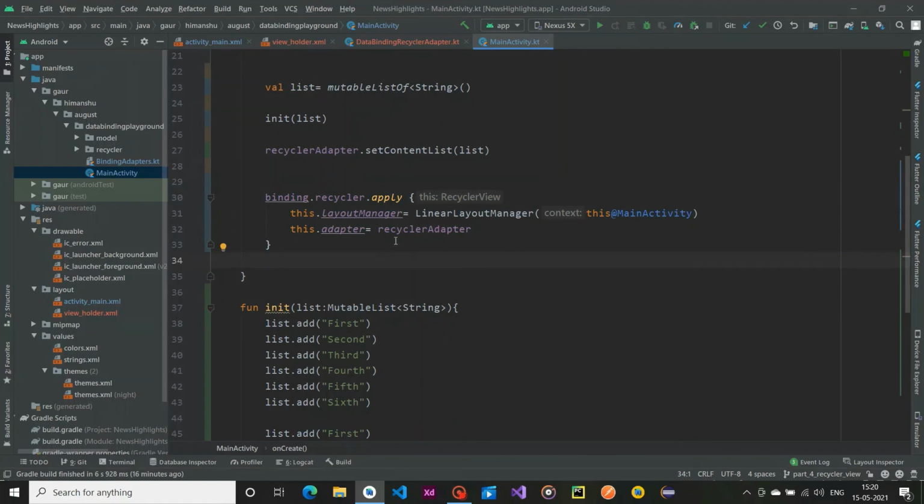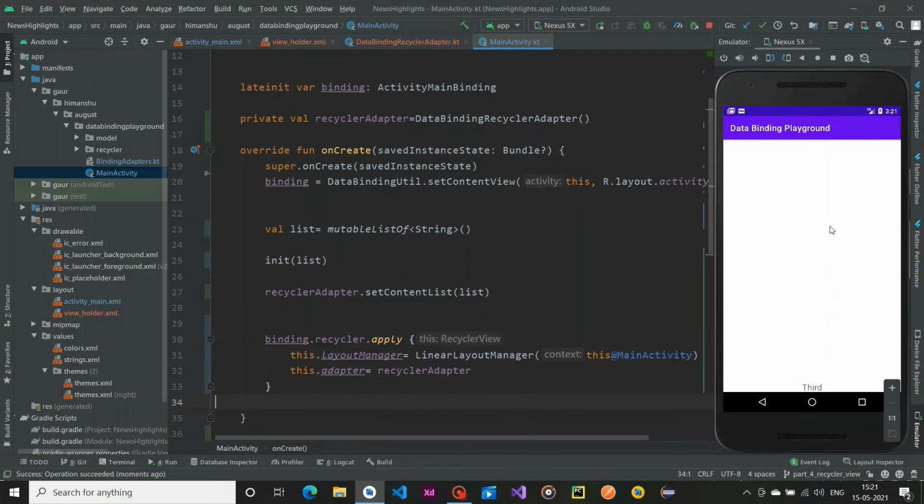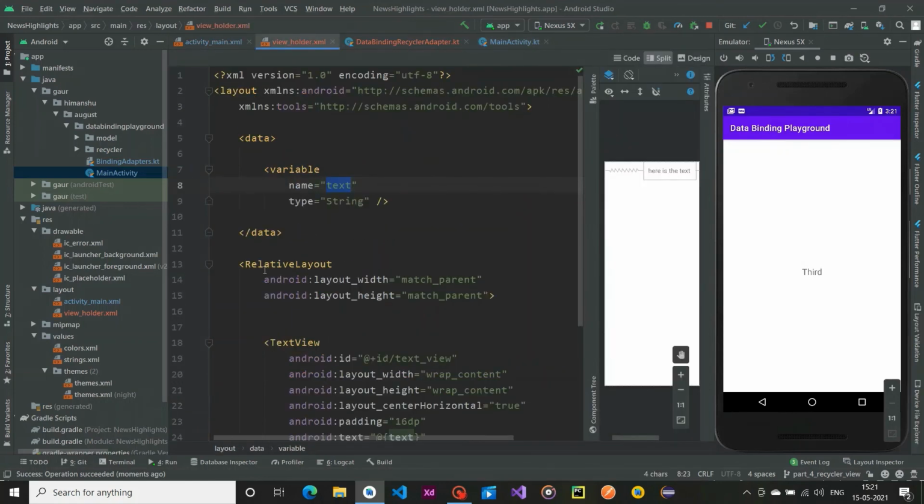So now I'm going to run our application and see whether it is working or not. So our application is running successfully, and we have our data. You can see over here first, then second, third, fourth. Actually the problem is when you go in our view holder, so the relative layout is match parent. So that is why it is taking the full screen. So use wrap content, and when I run this application,